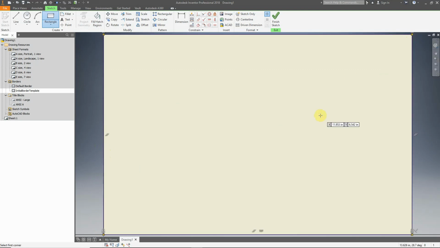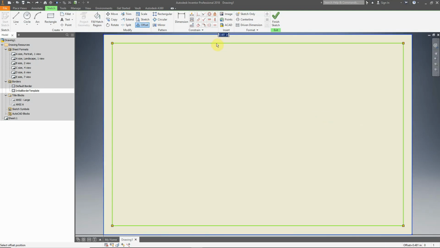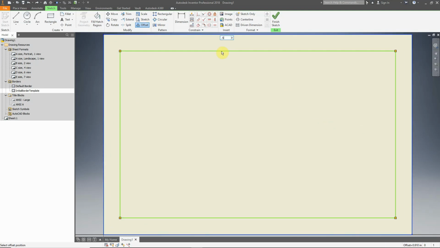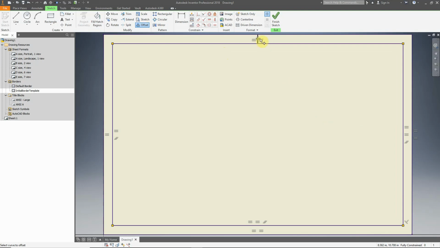And that is a very wonderful thing to have because, and I'll show that to you later, now with that rectangle there, I am going to do an offset. And I will click here, bring it down, type 0.5, and I would show the 0.5 here, and I'm going to leave that there. That dimension is actually a constraint, a dimensional constraint, and this is where that parametric